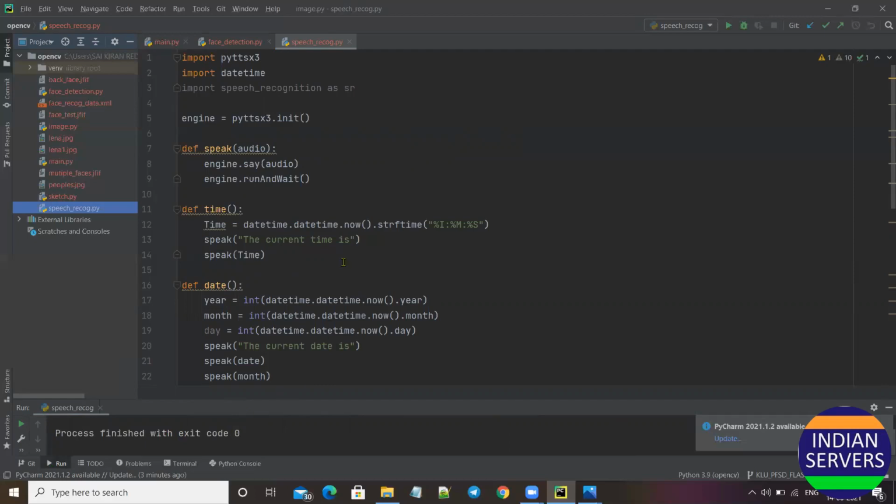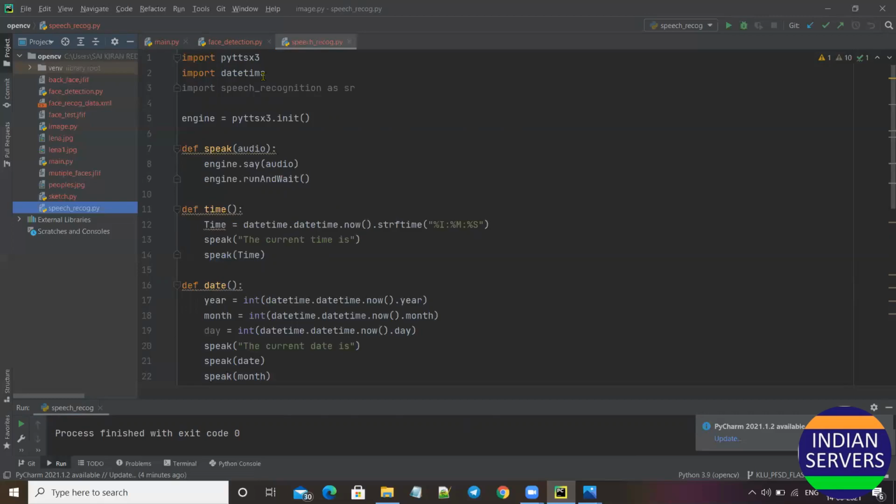I am going to explain my code. First of all, I imported the library pyttsx3, which is the text to speech conversion library, and I imported the datetime library. This module supplies classes to work with date and time, and also time intervals.